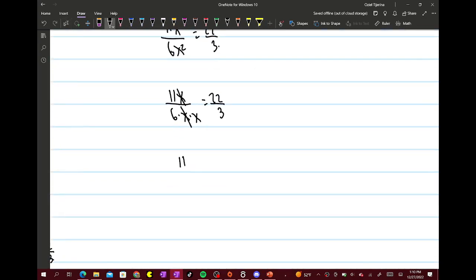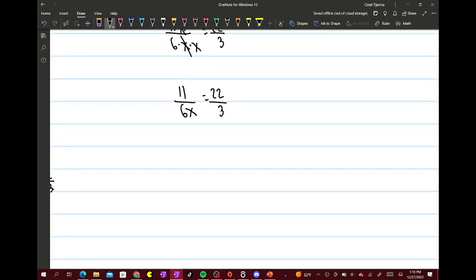So then this would be 11 over 6x equals 22 over 3, so then this would be 33 equals 22 times 6, that's 132, I think. Yeah. 33 equals